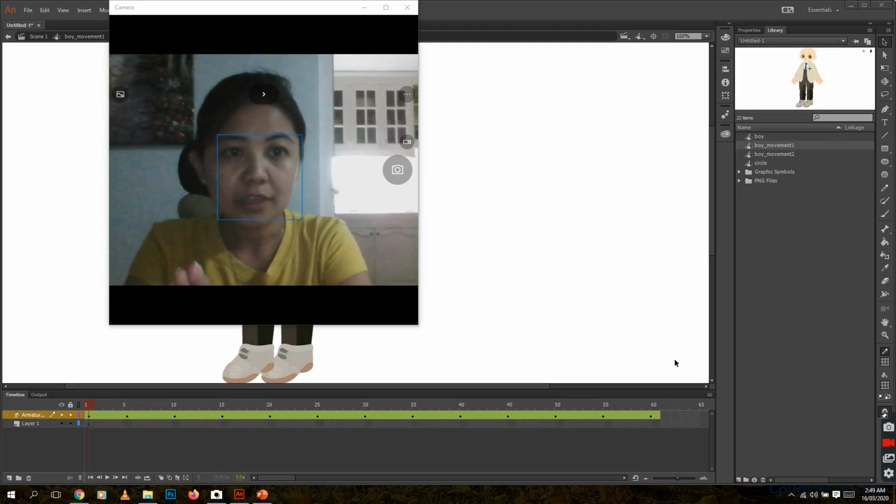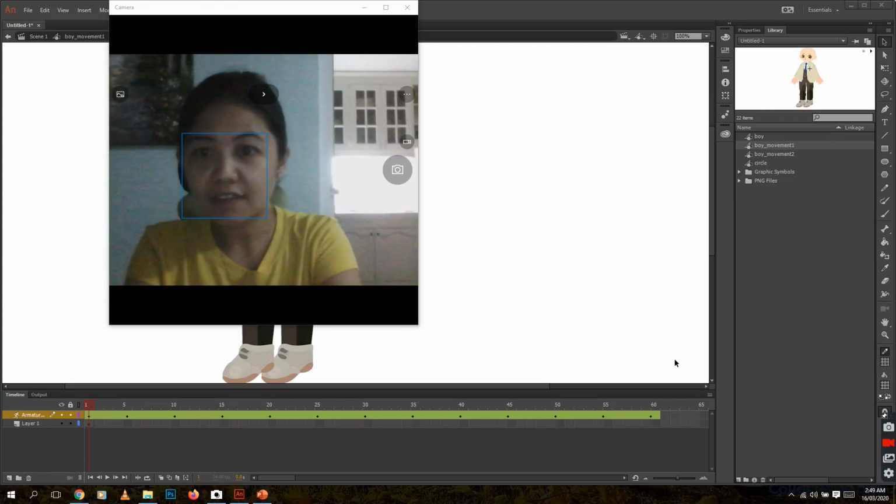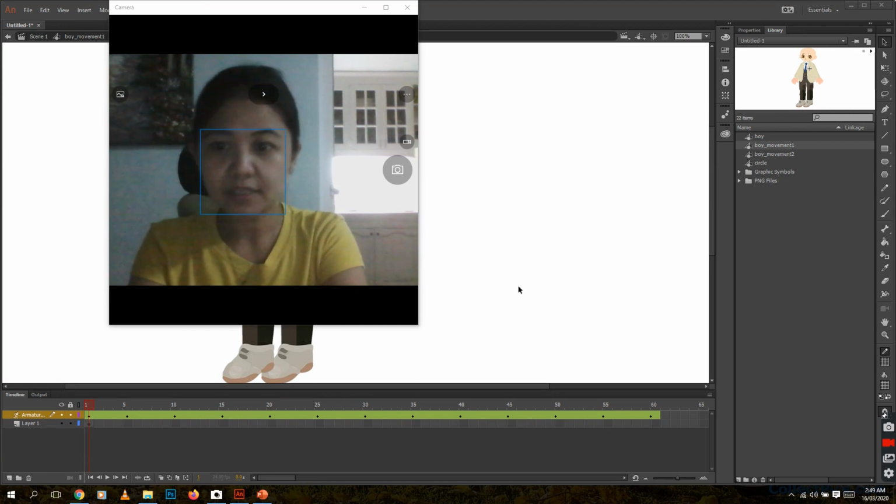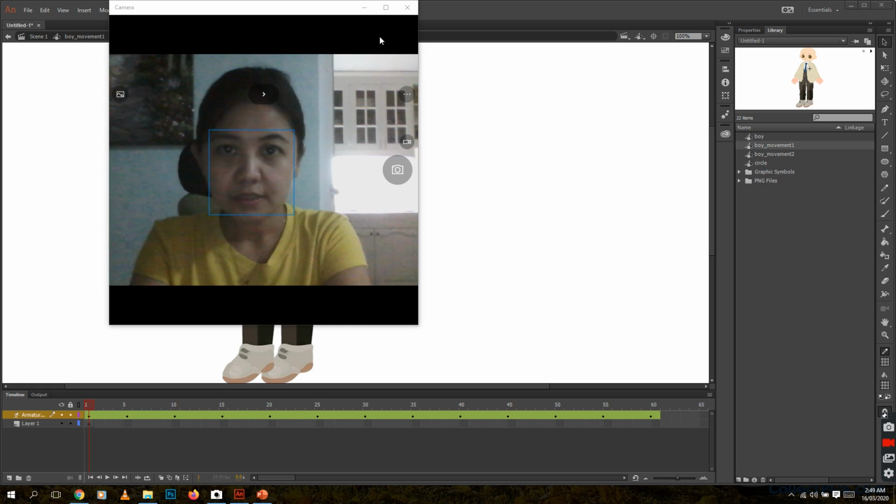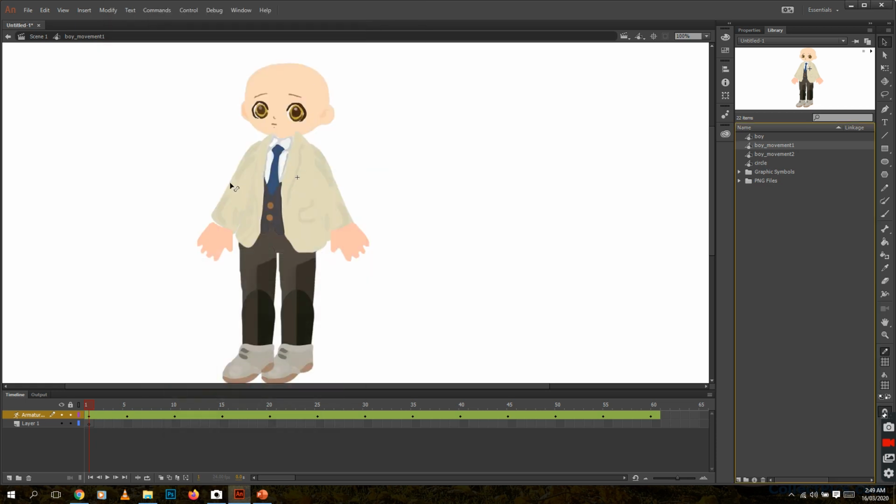So boy_movement_1 graphic symbol already has movement in it. As you can see, we've already created several keyframes on the armature layer of the boy_movement_1. And with boy_movement_2,